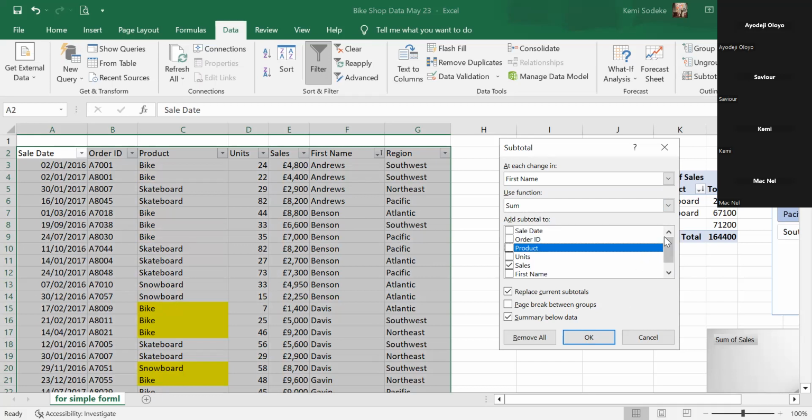Yes. So at each change in first name, every time you start from the top of the list, every time the first name changes, give me a sum of the sales. That's basically what I've said in this box. Anytime Andrew is moving to Benson, just add Andrew up and give me the sum of Andrew. And then when Benson changes to Davis, give me the sum of Benson. And then I have a summary below the data. So if you click OK,